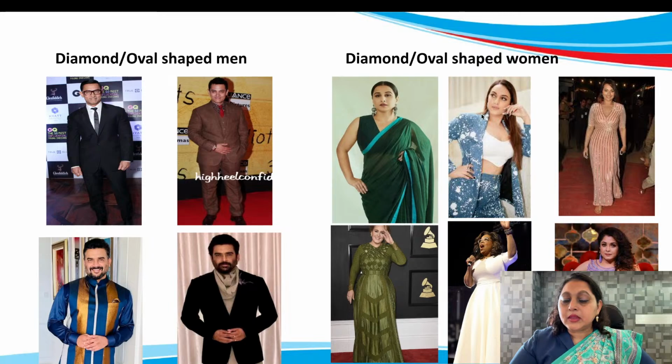Even with Miss Sinha, as you can see, her jacket has a collar, and then there are patterns and designs on her jacket, so it again takes away from her waistline. Here with this princess cut, which is on a higher yoke, she's given that V shape. V shapes and U shapes actually look best on people who are diamond or oval shaped, right? So you're giving out a very geometrical pattern around your neck, so automatically it doesn't make you look chubbier, it makes you look more